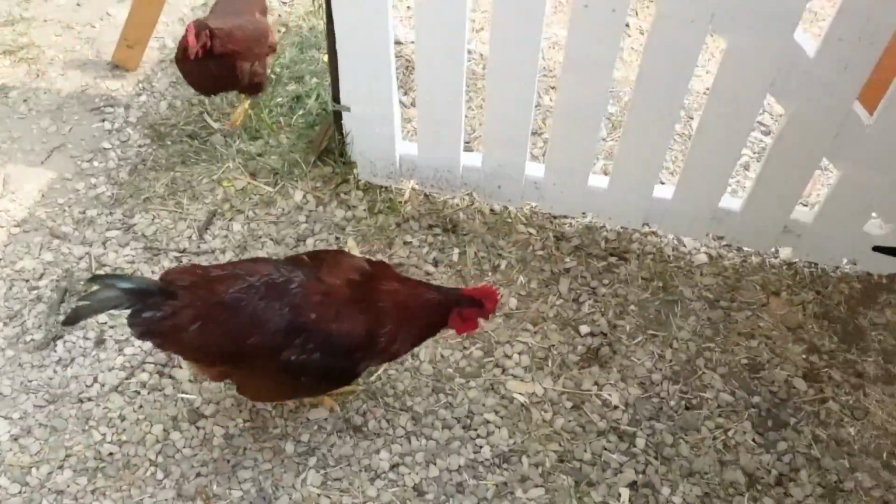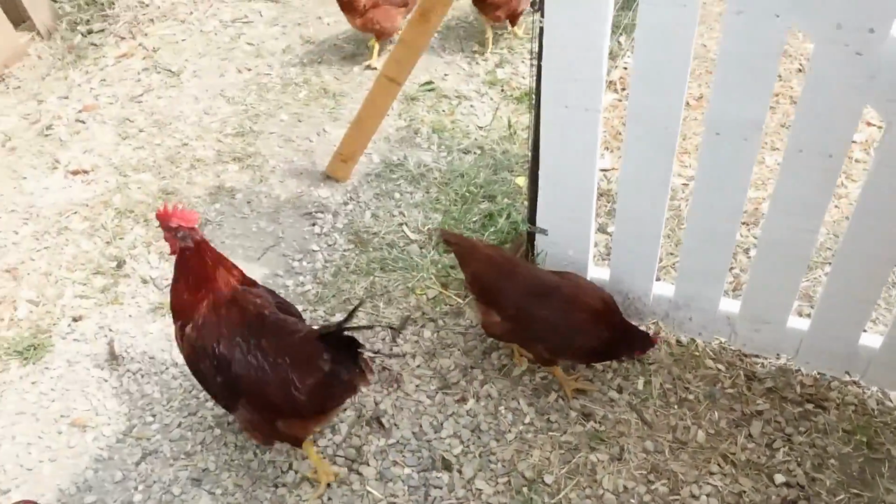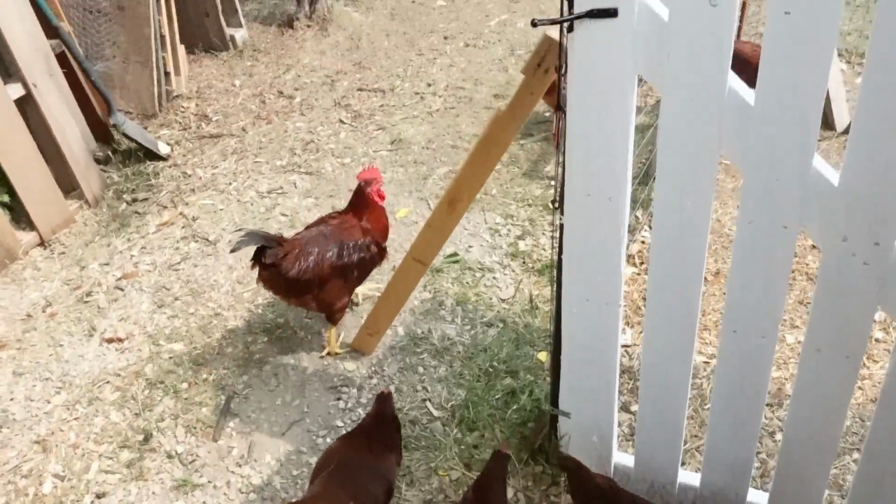Hey! Rusty ran at me again and pecked my foot. Luckily he got the part where my leather was. I don't know why he's doing that. I guess he thinks, you know, because I walked over here so briskly that I'm threatening the girls or something. But Rusty better be careful, because Rusty might end up...